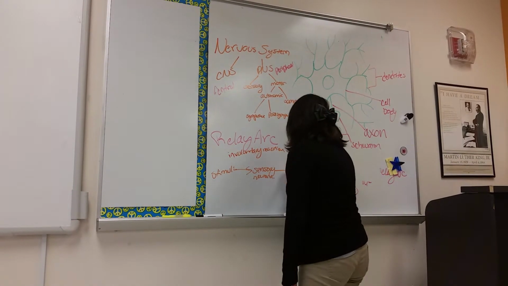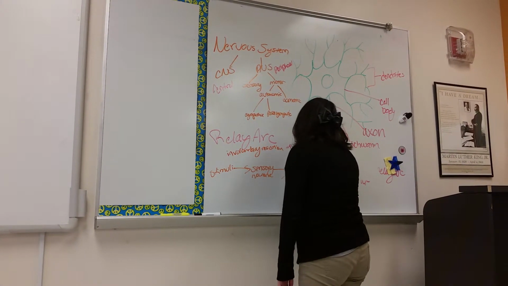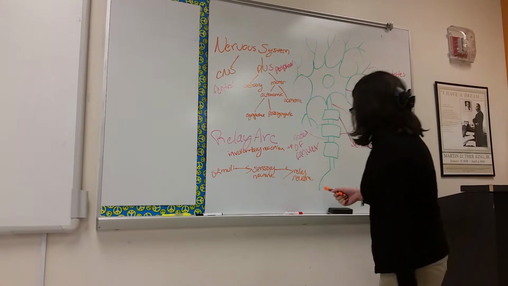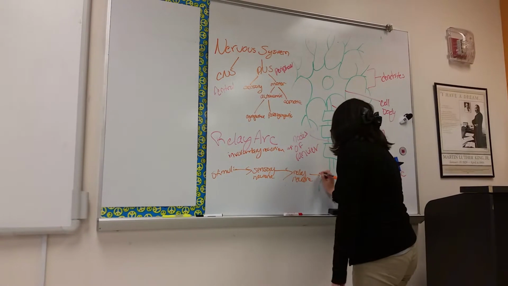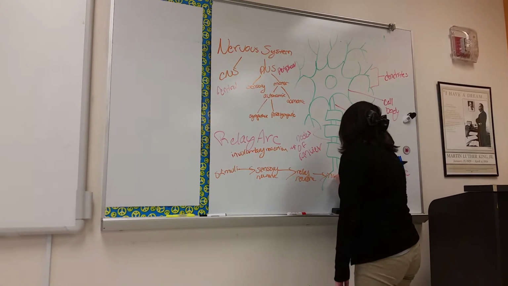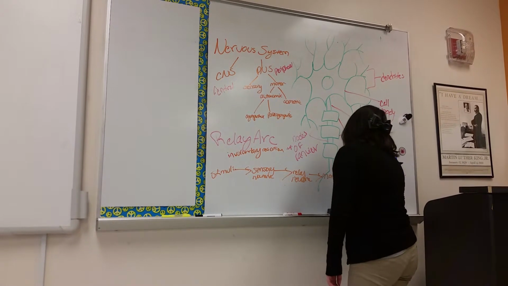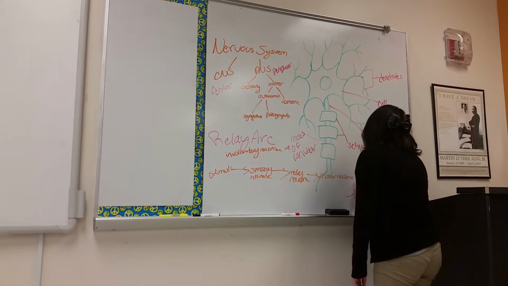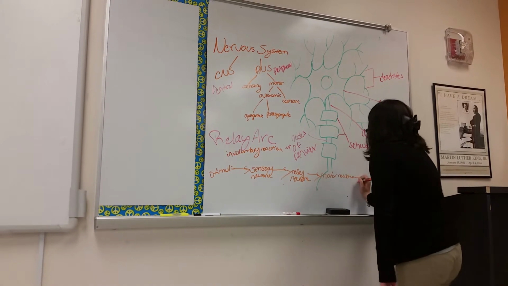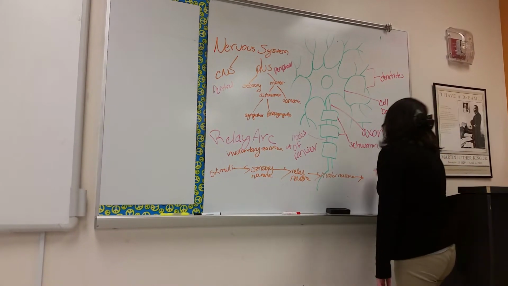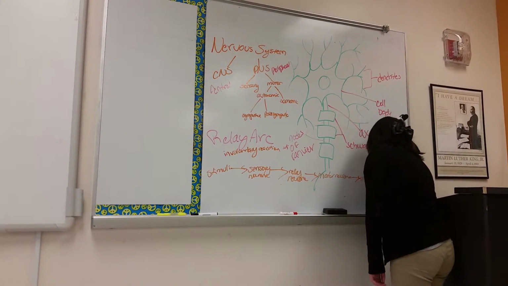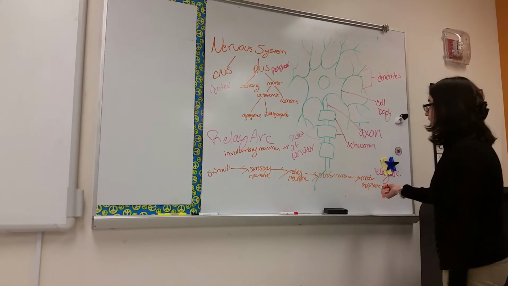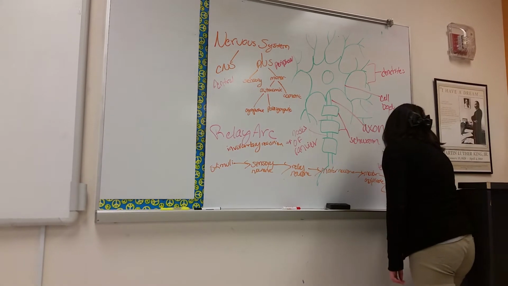And the impulse would reach the relay neuron, which would then be transmitted to the motor neuron, which is where it would reach the motor end plate. And it would result in a response